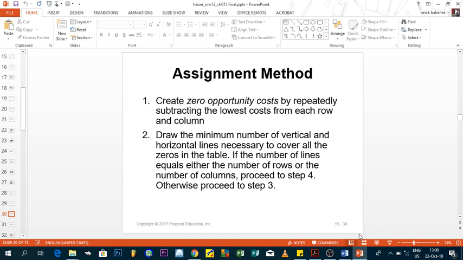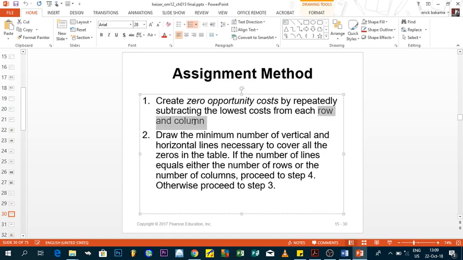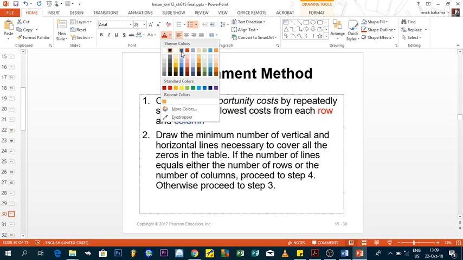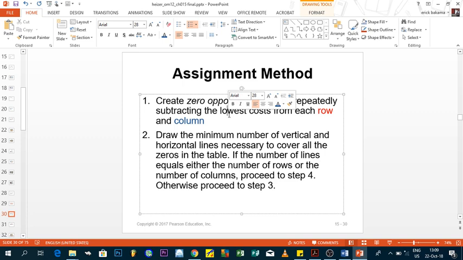So for the assignment method, first of all, before starting this, we have 4 steps that you need to use to solve it. The first one is to create a zero opportunity cost table by repeatedly subtracting the lowest cost from each row and column. So I want to emphasize the fact of row and column. So we start first of all on rows, and after the rows you go to the column. So you understand that the first step has 2 sub steps. The first one is about the rows, the second one is the column, and the second step is about drawing